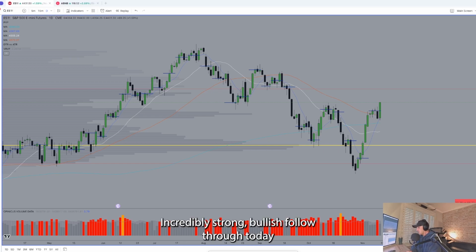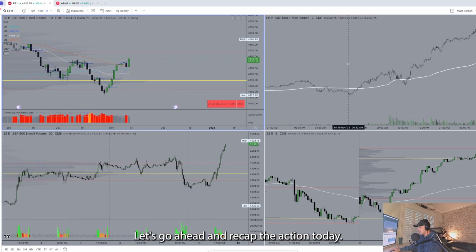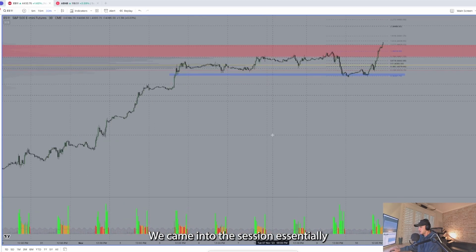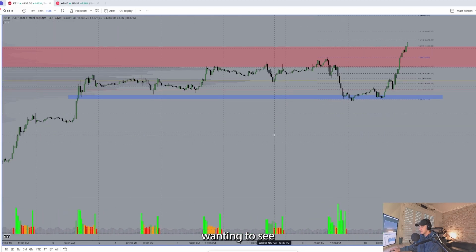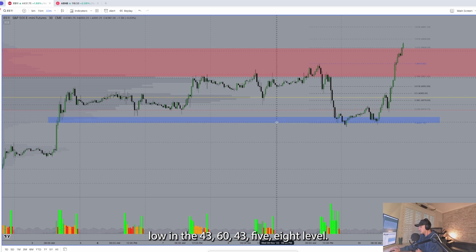Incredibly strong bullish follow through today as price held the near-term area of support. Let's go ahead and recap the action today. We came into the session essentially wanting to see how price treated this near-term range low in the 43.60, 43.58